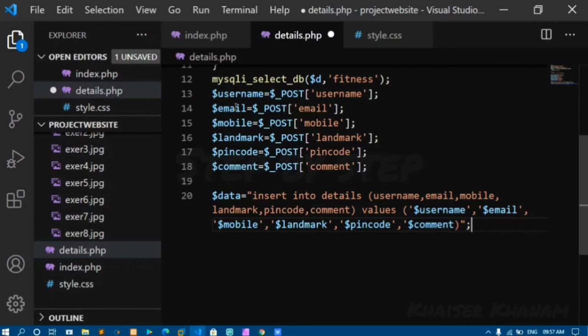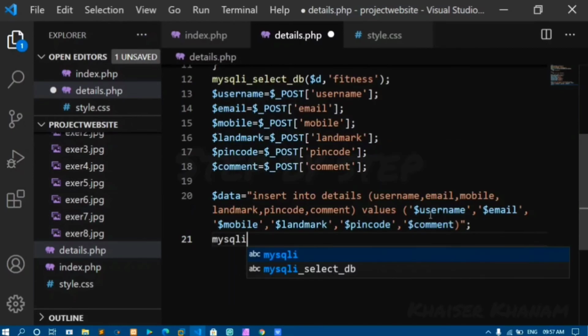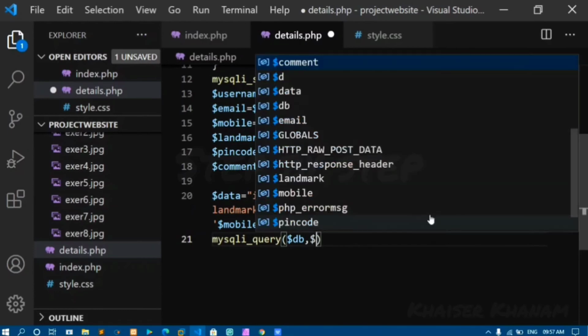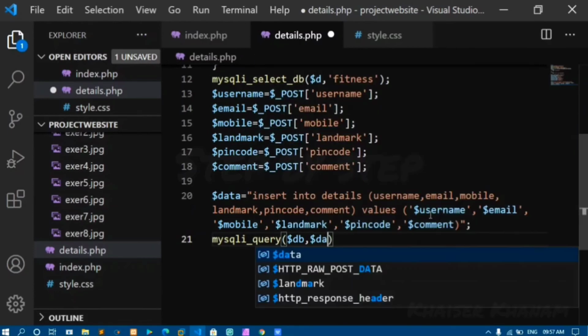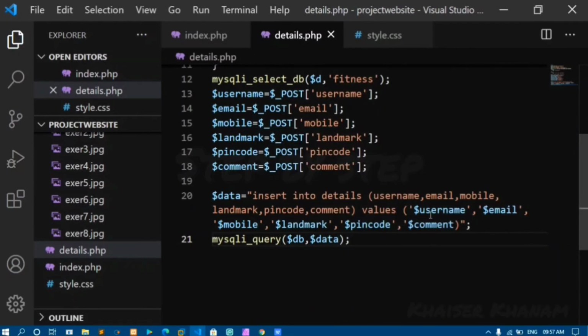Give this $username, you have to pass inside the values. Now I'll run the query with MySQLi. I'll give the query, and when my database is connected, I want to pass the data whatever has been entered by the user.